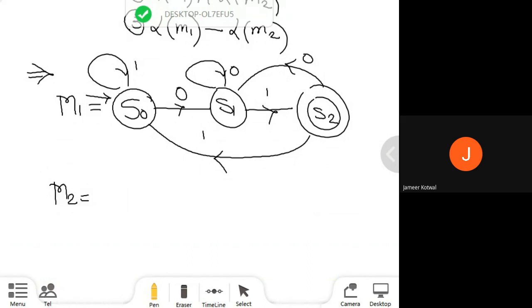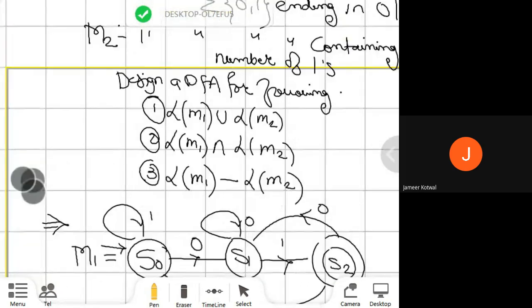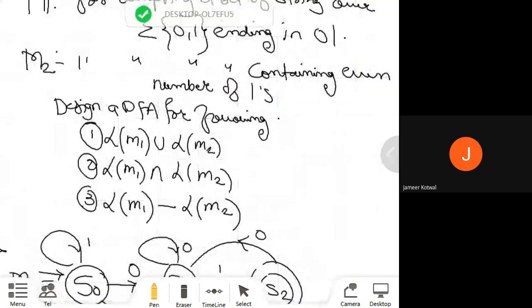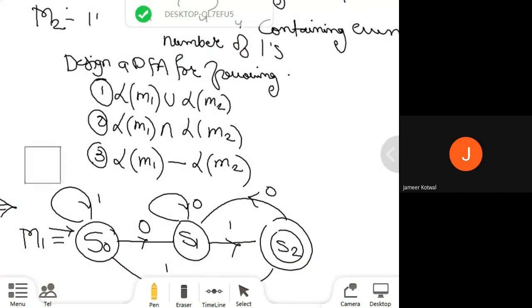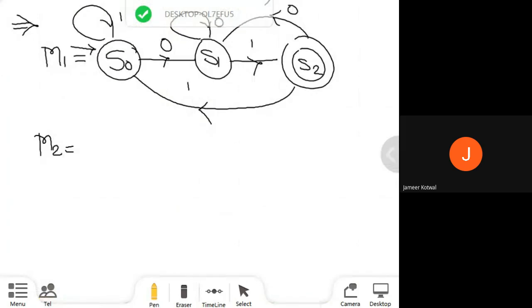Second machine problem statement, what does it say, that it contains an even number of 1s. It just focuses on the ones and the even number of 1s. So even number of 1s, you are all aware that it may be 0, 2, 4, 6, 8. Fine. So I will represent this machine M2 with a Q0 state, and the initial state is also a final state. Why? Because it contains an even number of 1s, बरोबर. तर 0 पण येऊ शकतो, 2 येऊ शकतो, 4 6 8.